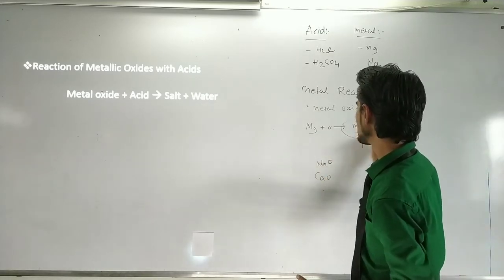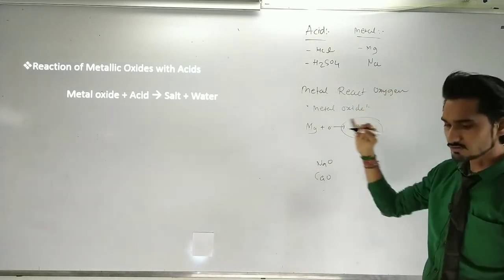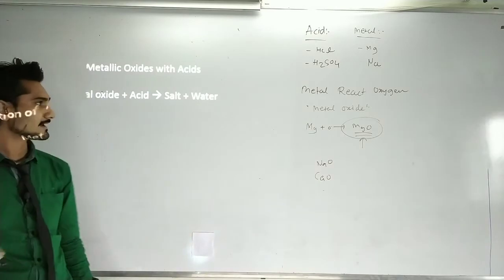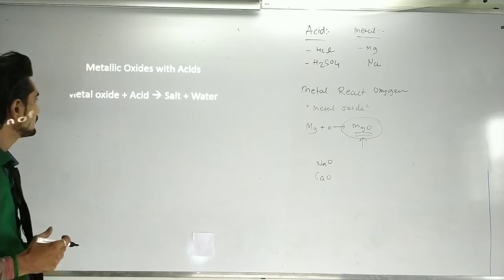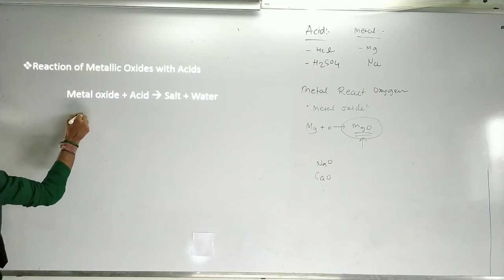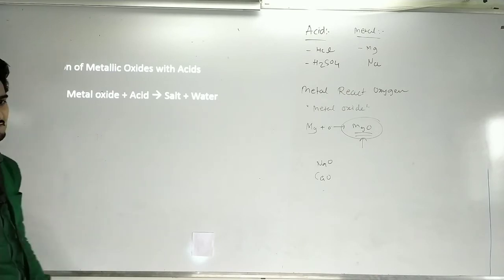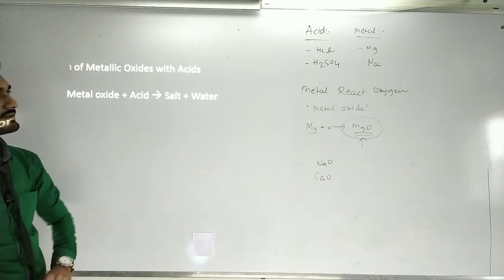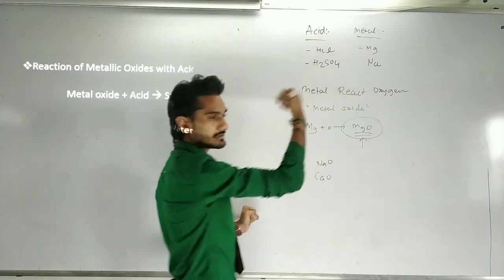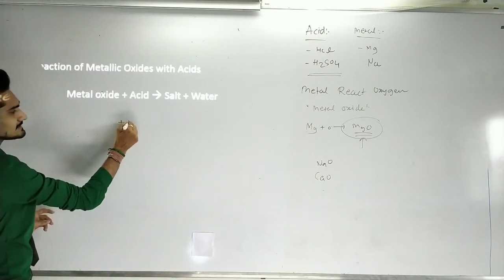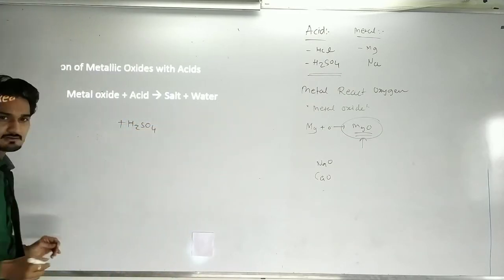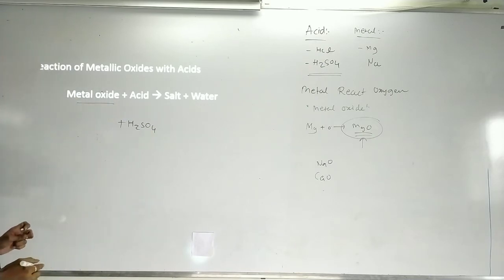From that, we are going to take the metal oxide, in that, we are going to take magnesium oxide here. Now we are doing the process regarding that. What happens when an acid reacts with a metal oxide? For that, we are going to change the acid. In the acids example, we took HCl in the previous property. Now we are going to take H2SO4. Here, take the acid as H2SO4, and its name is sulfuric acid. In the metal oxide, I am going to take CaO. It is known as calcium oxide, or you can say it is quicklime.